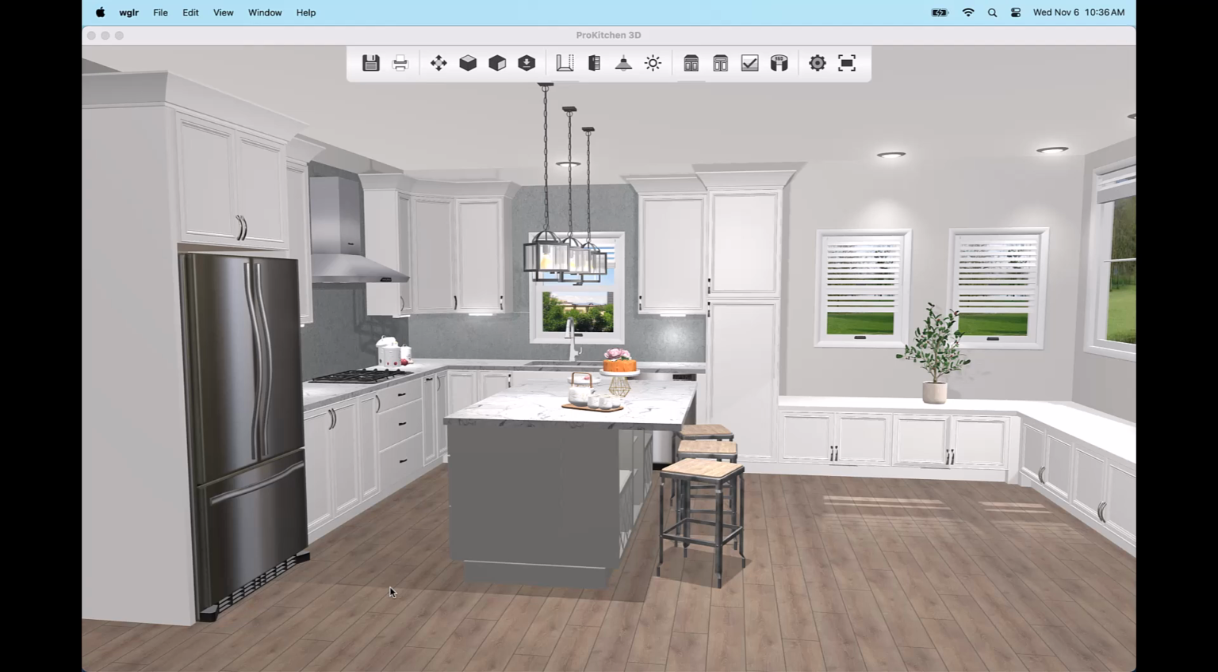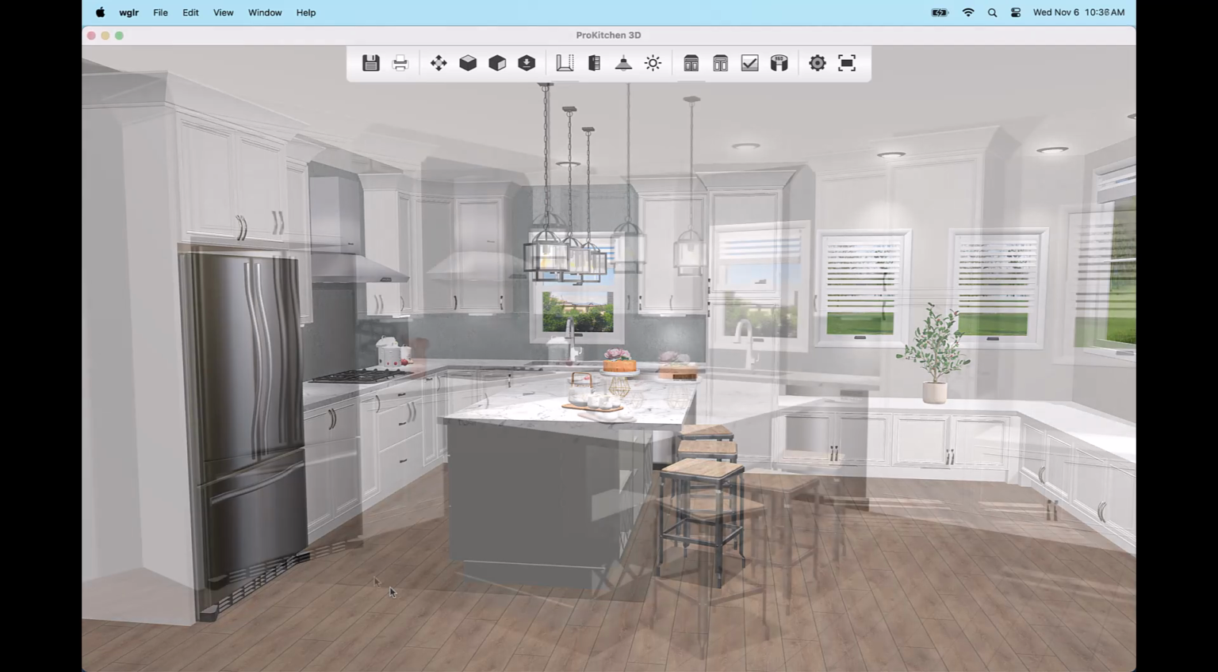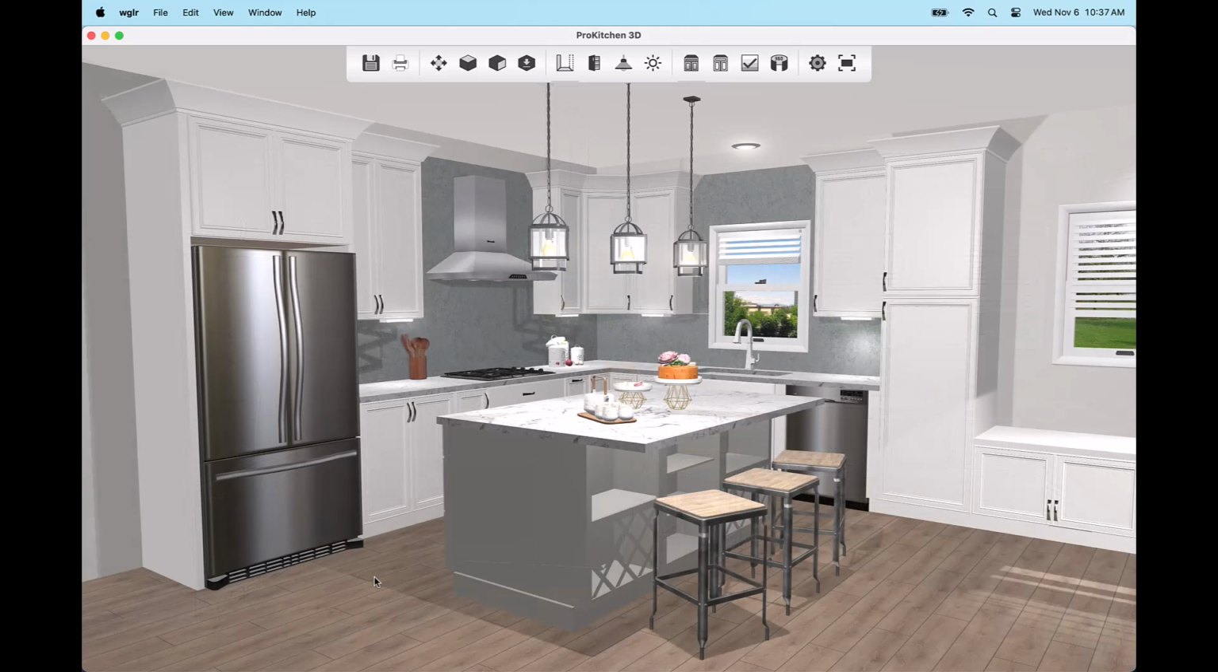Countertops are a major component in your designs. Pro Kitchen offers you the ability to add and edit countertops to enhance your designs and provide accurate representations of the final products to your customers. In this video, we will cover the basic tools to add, edit, and modify the countertops in the design space